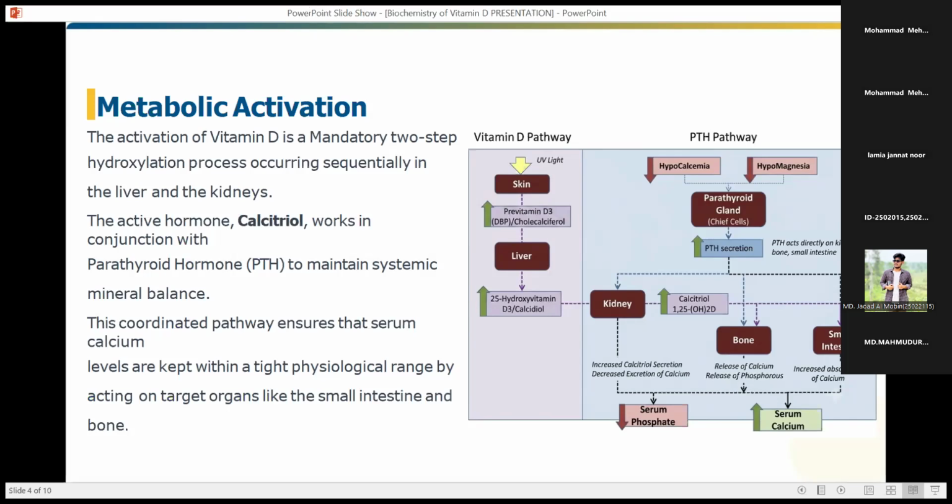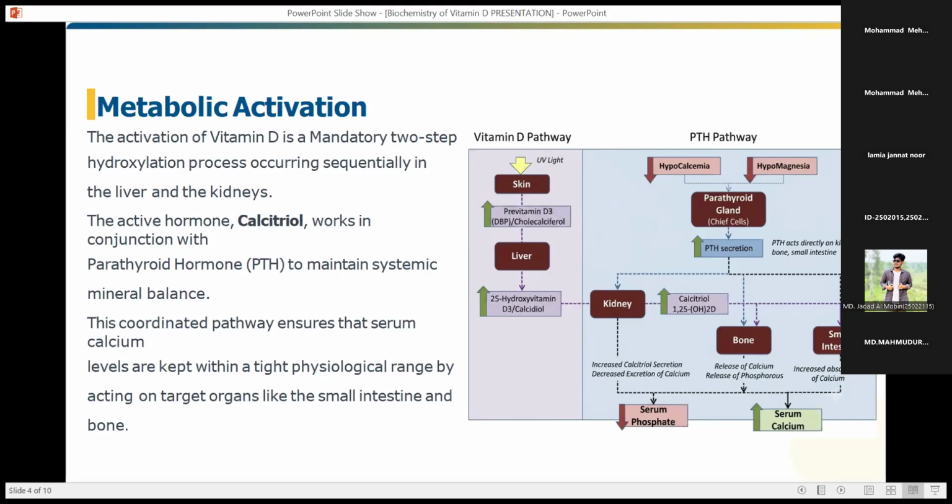Then it travels to the liver and becomes calcidiol. Calcidiol is the form that doctors measure in our blood test to check our status. Then it goes to the kidney, where the final, most critical activation happens, stimulated by parathyroid secretion. Then it becomes the master hormone